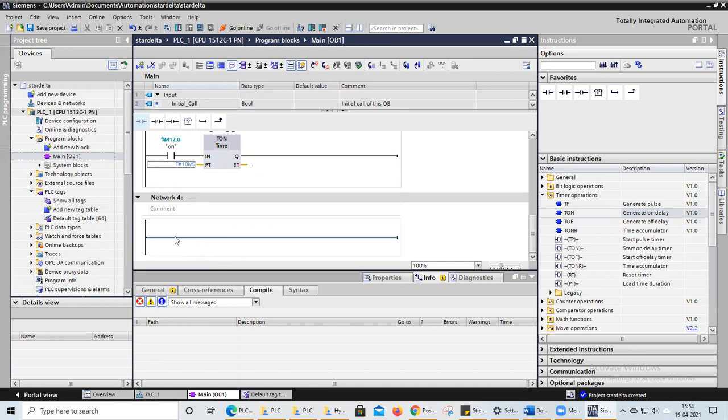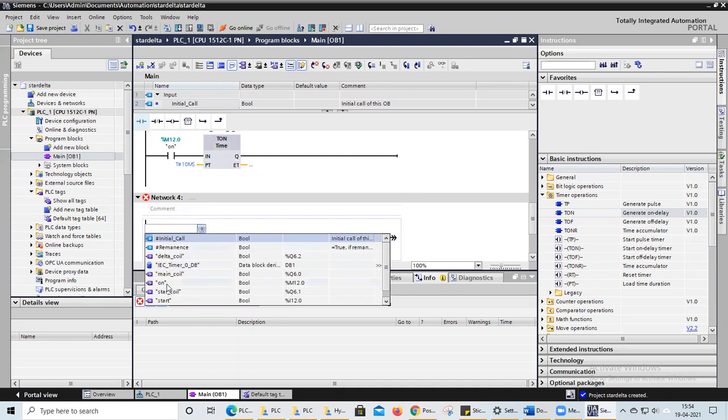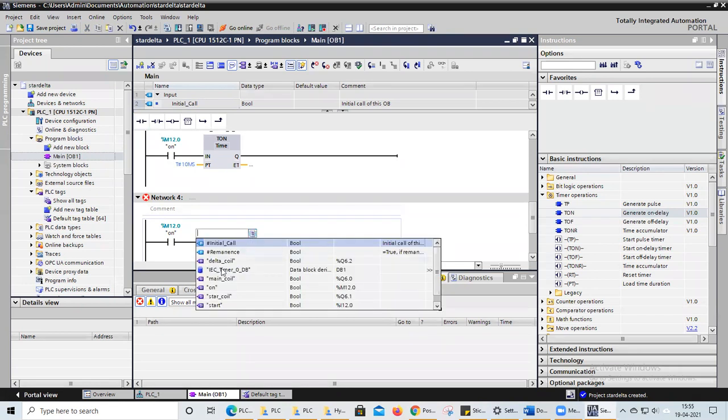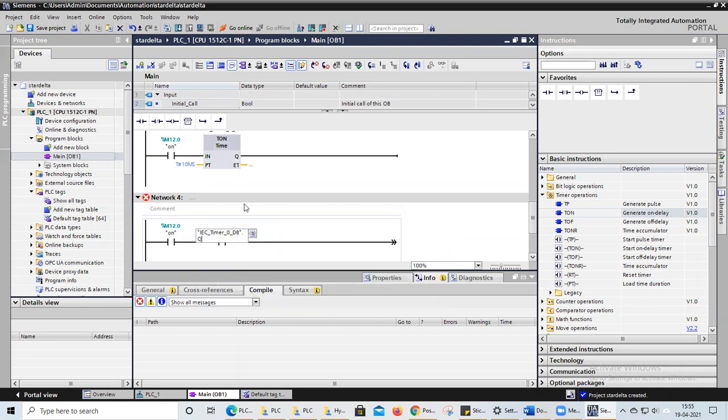So I will again take my on switch, and here I will use this timer switch. For this one, right click here. Here you can see IEC timer DB. I will click this one and write Q, meaning I'm taking the output of the timer here. Initially I'm taking it as normally closed, meaning when it is on, it should normally work in star mode. So I will use the star coil.